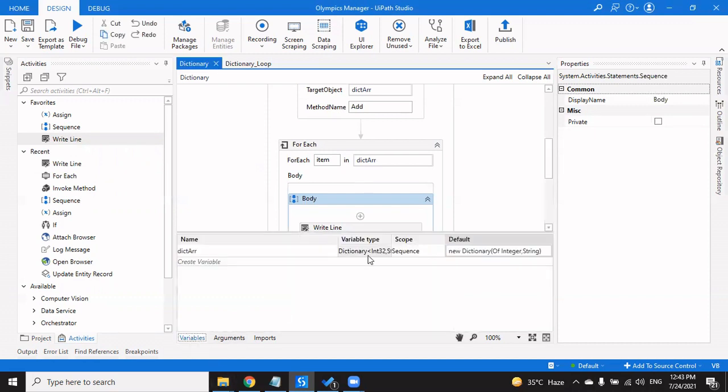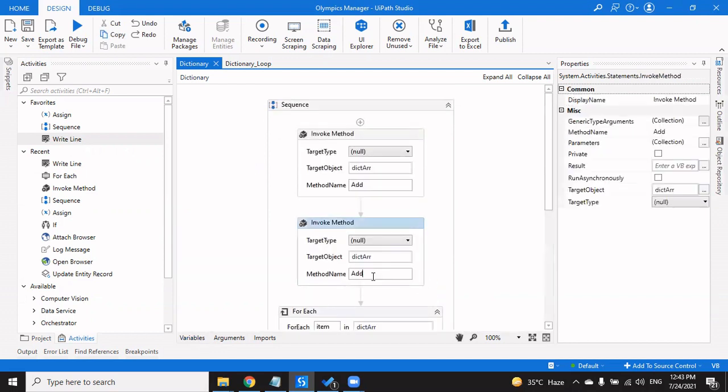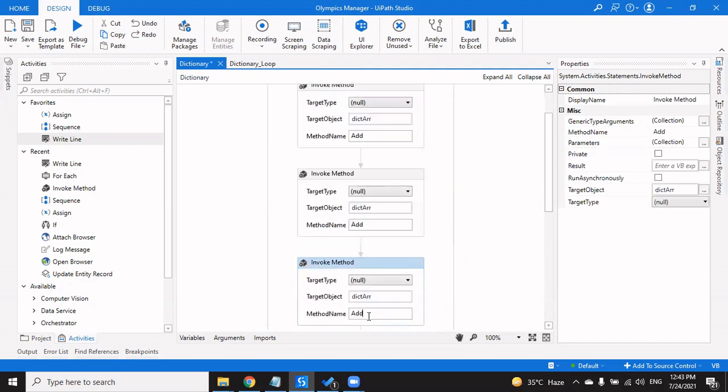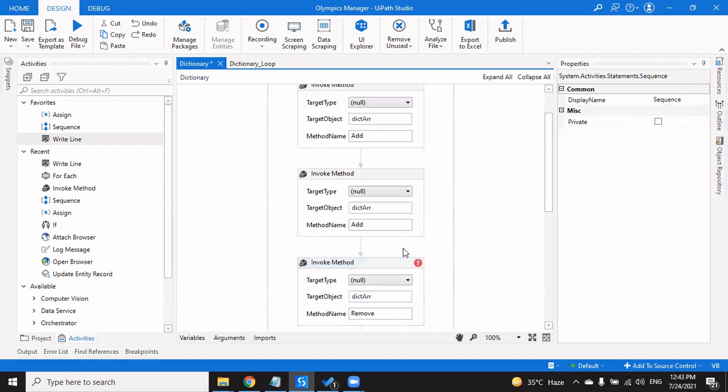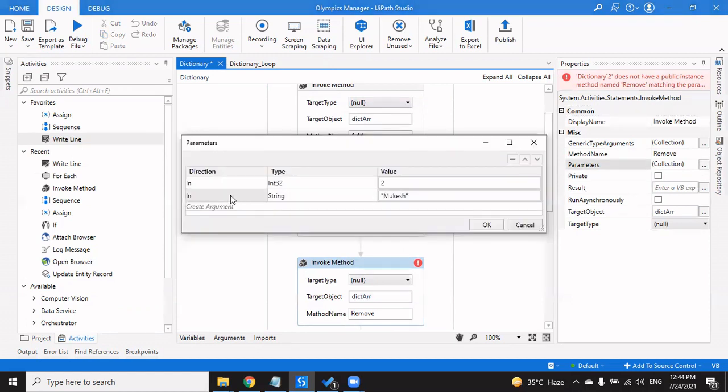Now, what if we do not want to go with this? The other thing that I want to show you is removing. Okay, let's keep it this way only. So now we have added two values, and we're going to remove one of them. It's very simple. For removing, we just need to pass the key, and the value is not required. Otherwise you'll get an error, because obviously you have provided more arguments than required.